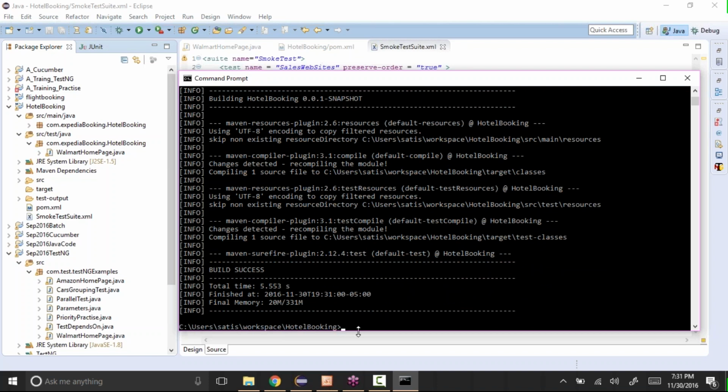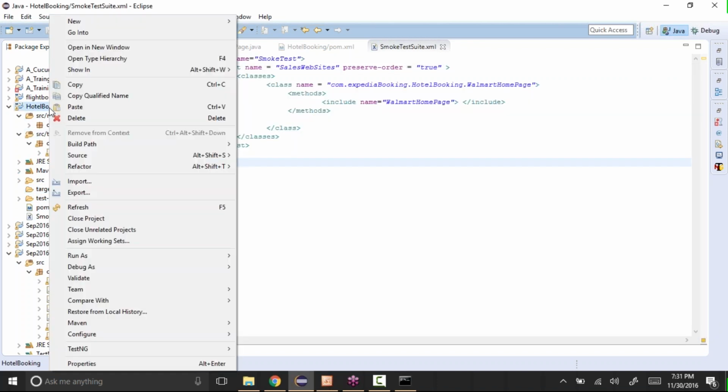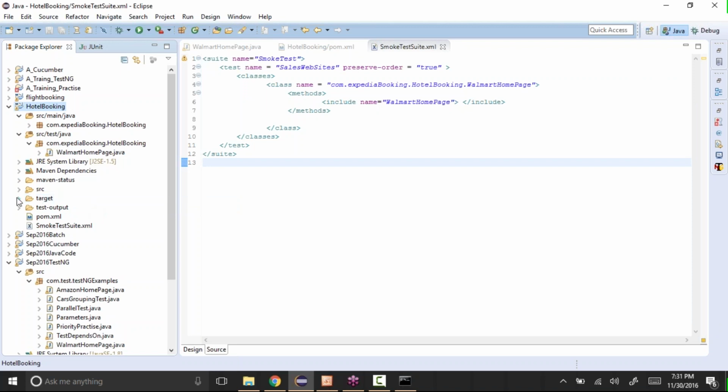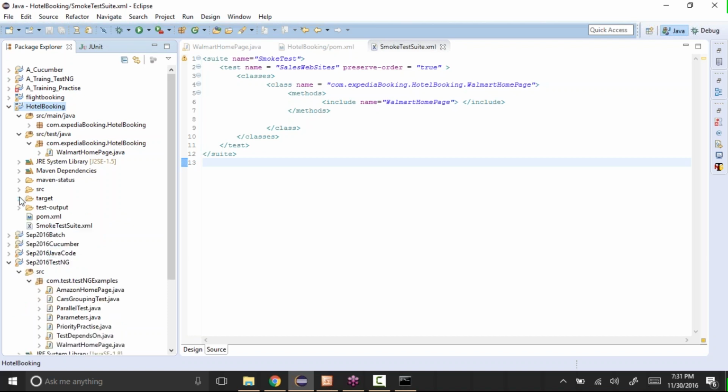Okay, so now, let's say in case you want to clean it, like let's say you want to delete all the files that you created, in the sense like you don't want to have all these results files or this target file. See, if I refresh it, it also creates something called target, with all the things, compiling, testing, everything it does. And let's say you want to have a fresh project, like you want to clean everything that is there in this Maven project.